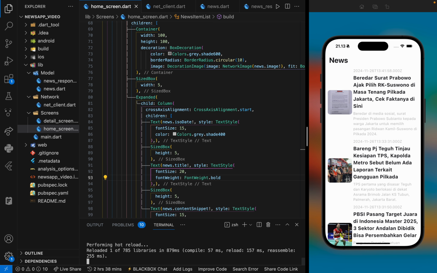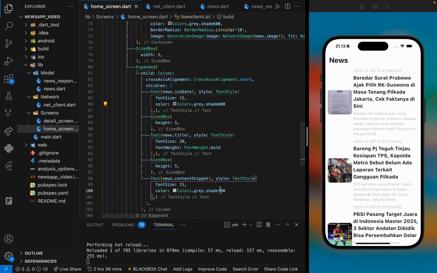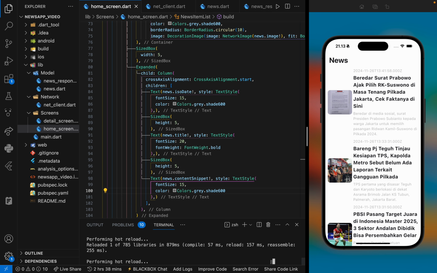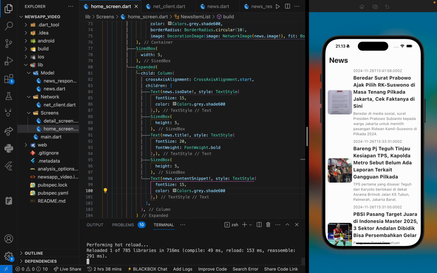So we're going to separate. Oh, it's too light. I will make it a little bit darker. 600 and also 600. Refresh, see if it works. Okay, a little bit better, but still it's not very good. Now we're going to